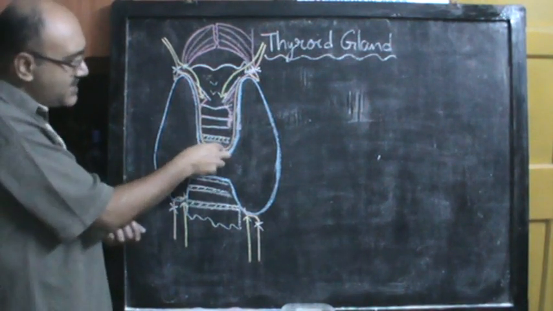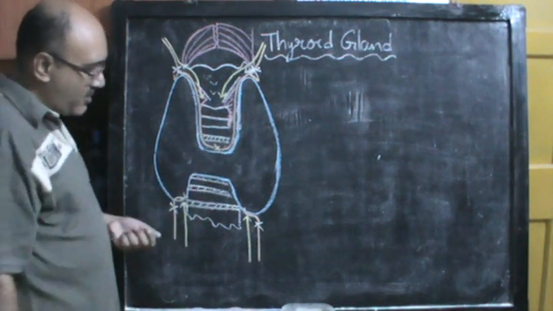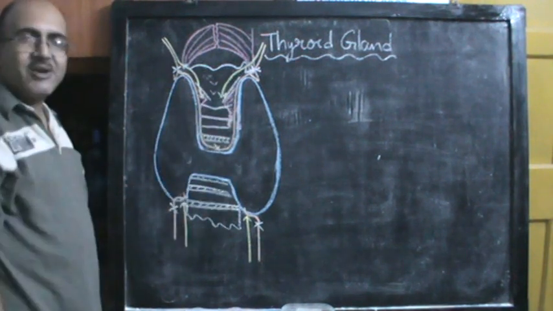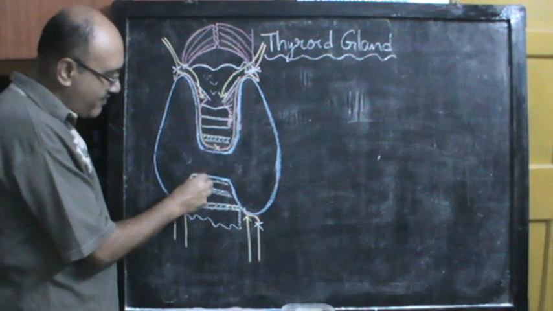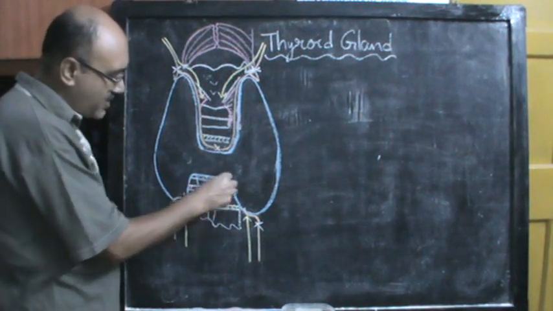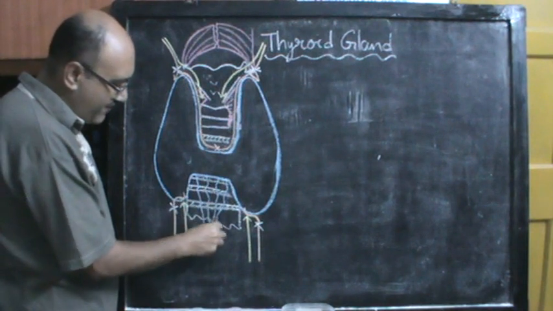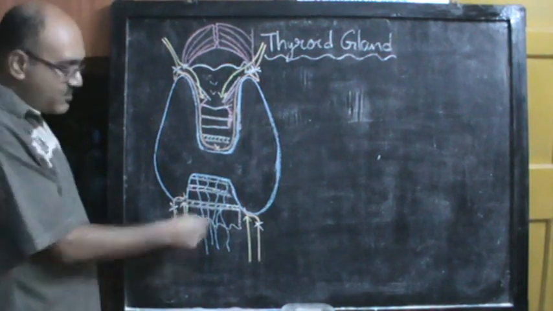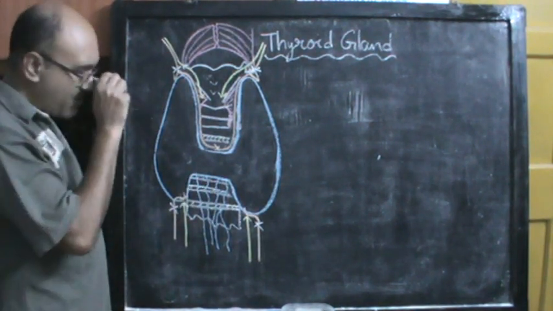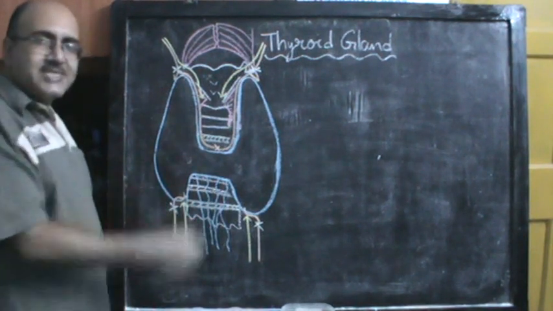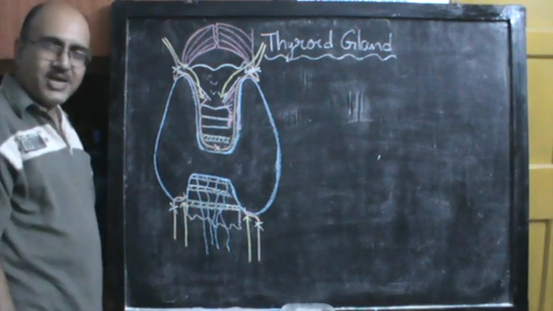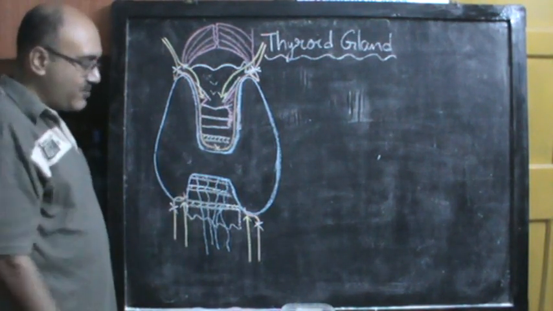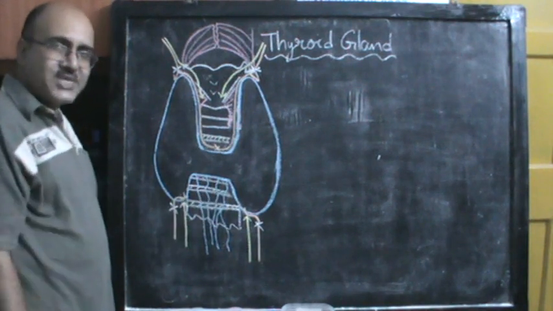Now again, we have said that this isthmus has an upper border and a lower border. On the upper border, you can already see the anastomosis between the two superior thyroid arteries. On the lower border, instead of the arterial anastomosis, you have multiple inferior thyroid veins coming down and draining into the left brachiocephalic vein. So these branches are definitely there, or sometimes you might have an artery arising from the arch of the aorta called the arteria thyroidea ima. If you have an additional arteria thyroidea ima coming directly from the arch of the aorta, that would also come to the lower border of the isthmus.